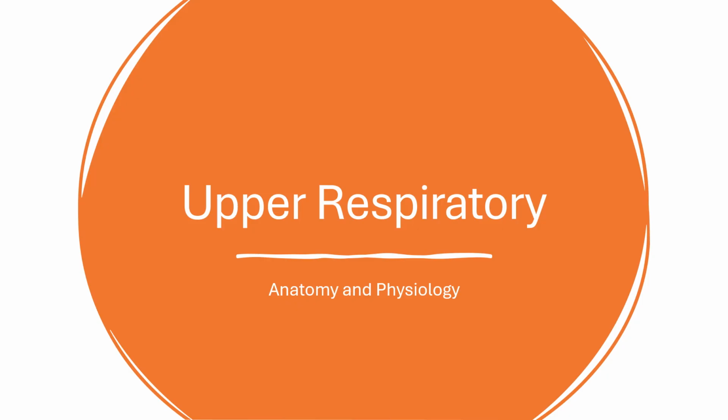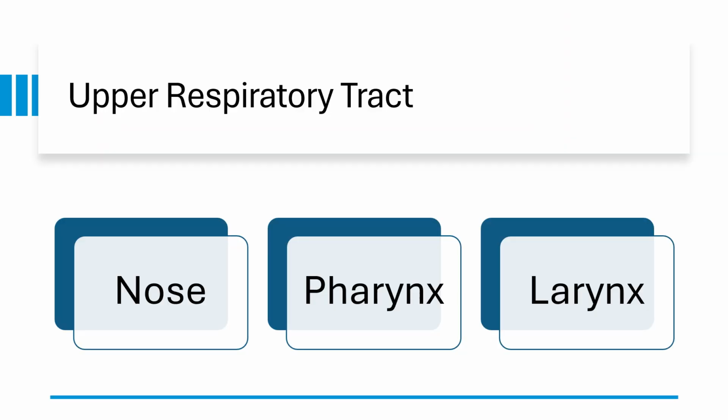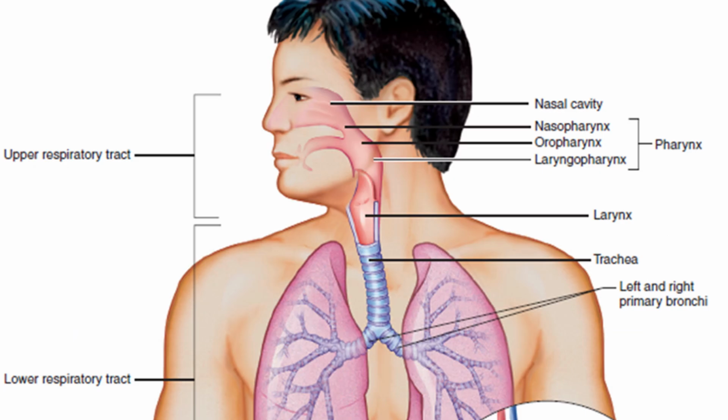So the first one we're going to talk about is the upper respiratory tract, and this is just the basic anatomy and physiology behind it. So like I said before, this is our nose, our pharynx, and our larynx. And I like this picture because it gives you a separation between the upper and lower respiratory tract. As you can see here, we've got our nasal cavity and then our pharynx that can be further divided into our nasopharynx, our oropharynx, and our